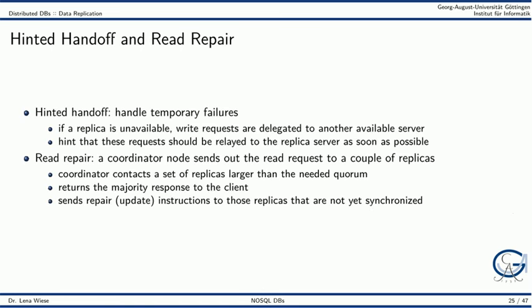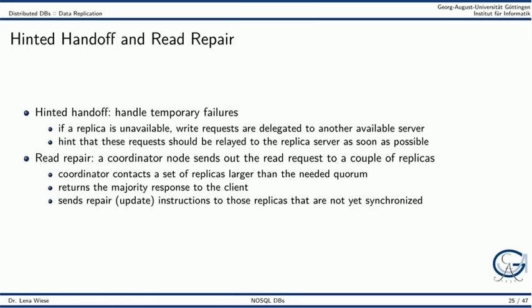Two methods to handle temporary failures and outdated copies are hinted handoff and read repair. If a replica server is unavailable, hinted handoff sends a write request to another server that is available but not actually acting as a replication server for the data item. The write request then contains a hint to which server this write request should be relayed as soon as the